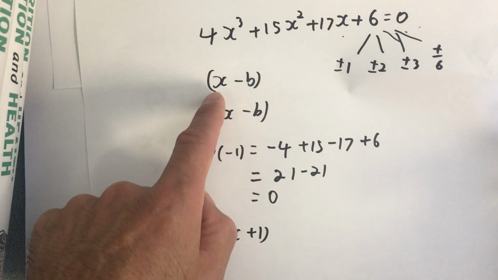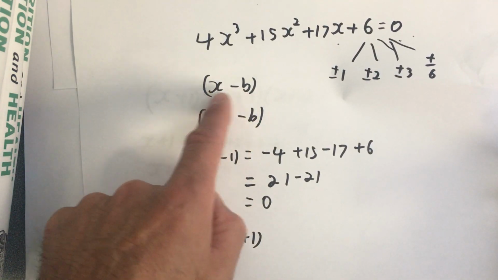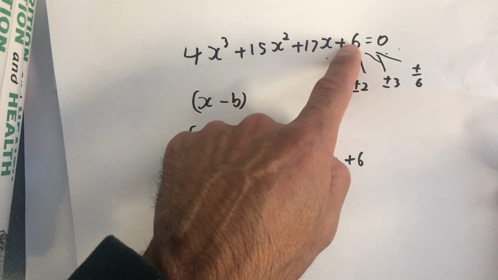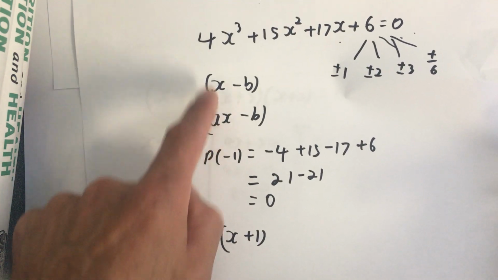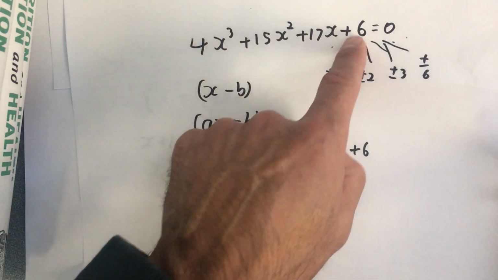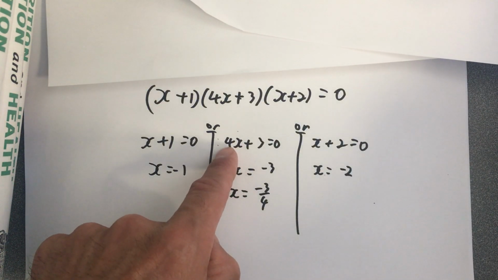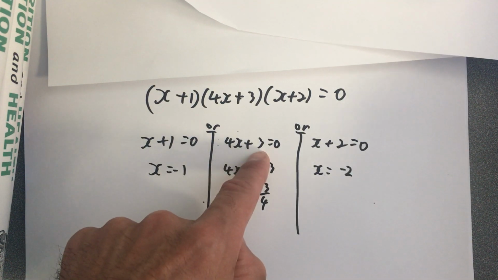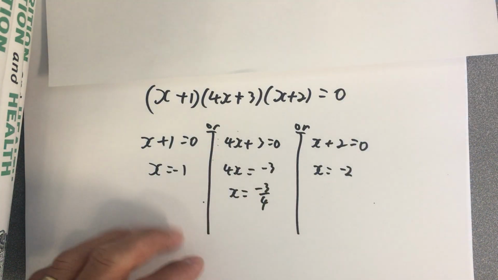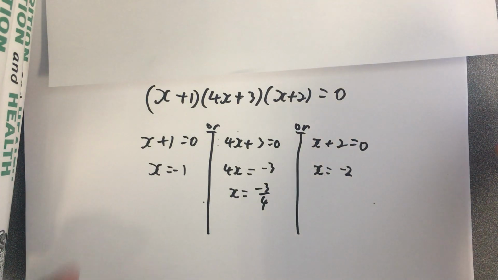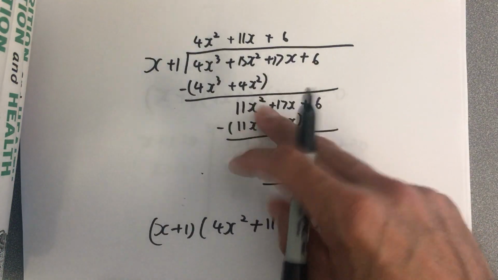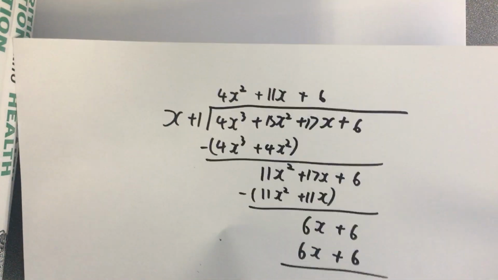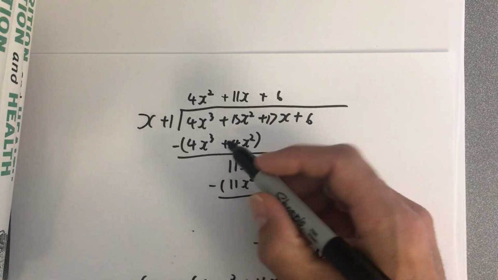So like I said at the beginning, if we have a factor that looks like this, that is going to be a factor of 6. If we have a factor that looks like that, a is going to be a factor of 4, and b is a factor of 6, like this one here. 4 is a factor of 4, and 3 is a factor of 6. I'm going to show you a shortcut, a nice quick way of doing this long division called synthetic division. So let's say I want to do this